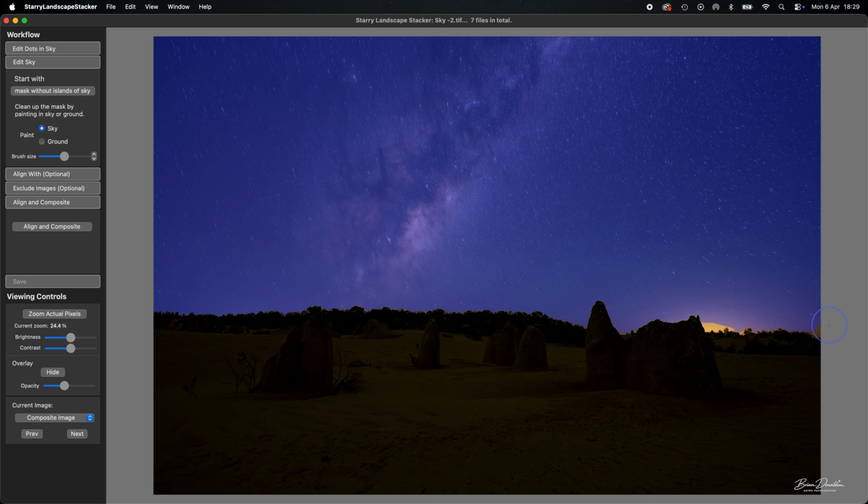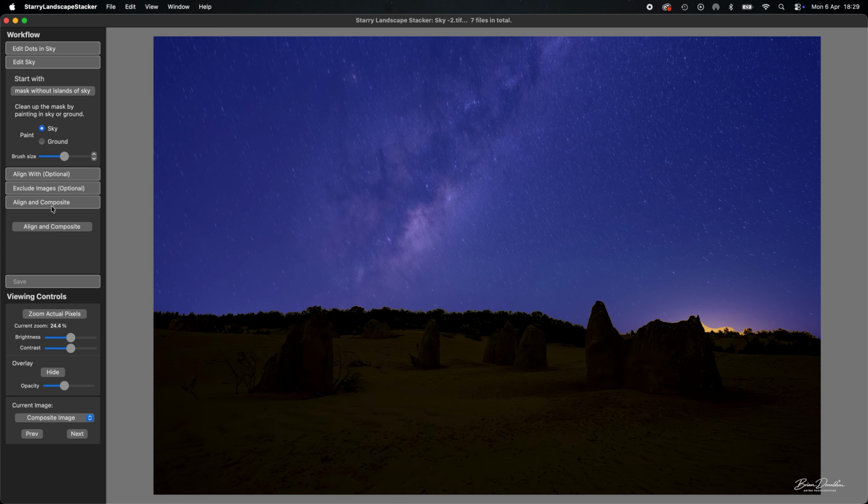I'm going to put a little tab in there and a little smidge over there. It doesn't matter too much because that's blown out there. There isn't much in the way of stars that are going to get out of trail. So as you can see, we've covered the whole thing. The ground's good, it's not overlapped there, so I'm quite happy with that. That's a good one. So what we're going to do now is align, because I want to